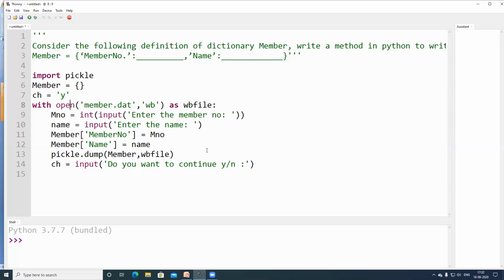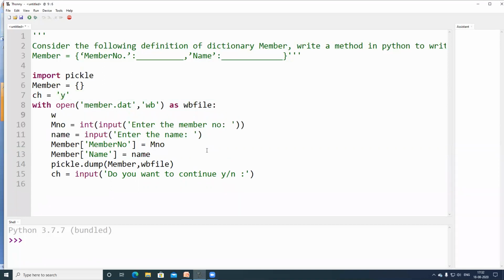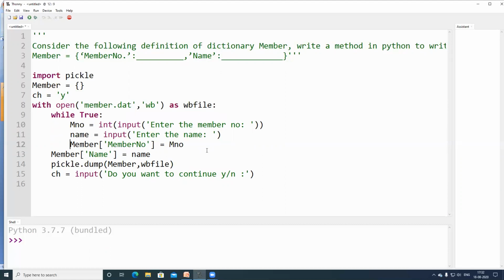Let us see what this is doing. I am using while true there. I am going to accept input from the user continuously. So I am using while true there.